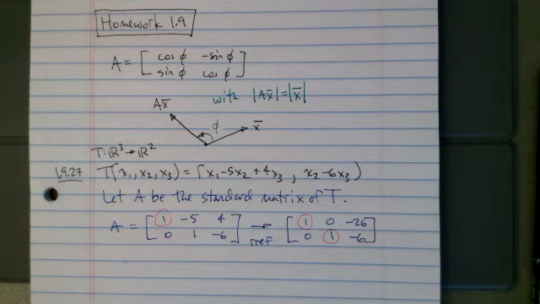So since A is the standard matrix of T, there are two questions. We want to know if the transformation is one-to-one and onto. One-to-one means that if T of x is equal to T of y, then x equals y. That means the columns of the standard matrix are linearly independent. That means the standard matrix has a pivot in every column. That's not the case here. So we would say T is not one-to-one